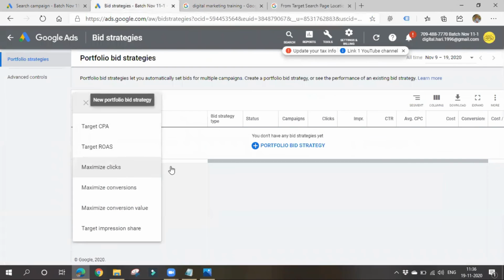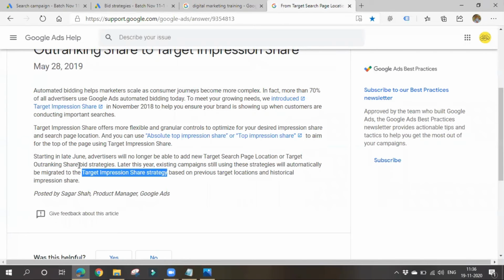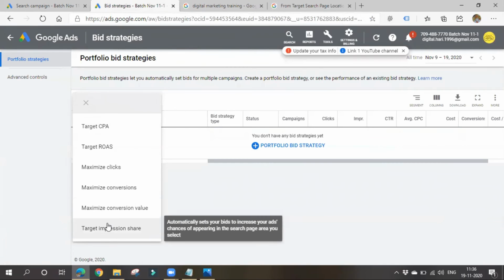If someone used them earlier, they might be running ads based on these bidding strategies. After this year's June, all the bidding strategies will automatically shift to the target impression share bidding strategy.